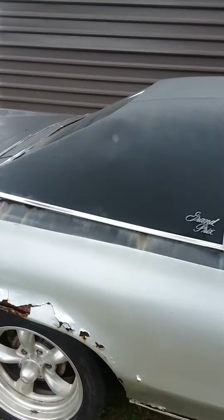As you see, the hood is shot. The right rear quarter is shot. It had previous bondo work. But all that can be repaired. Nothing major. And what really made me get anxious about this car, the SJ, was the interior,